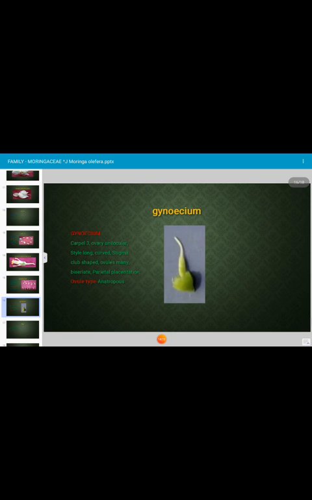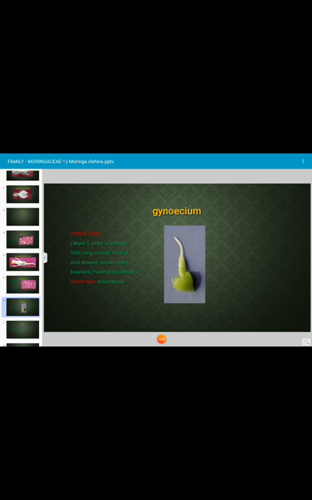Next slide. This is the gynoecium, that is the female part of the flower, and in the ovary there are 3 carpels. That means the ovary is tricarpellate. Tri means 3, tetra means 4, bi means 2, like this. Carpels are 3, so it is described as a tricarpellary ovary. Ovary unilocular. How many locules are there? Only one. Unilocular. Style is long, curved. Stigma is club shaped, at the top of the style.